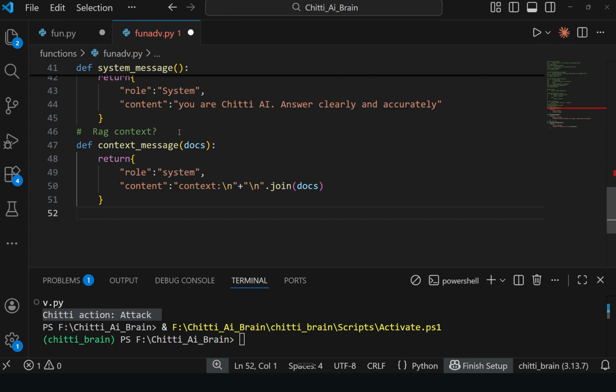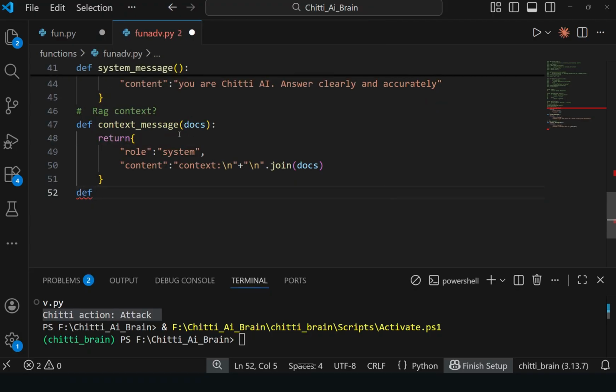Let's see how to define the function. We will define build prompt, with the question from the docs.